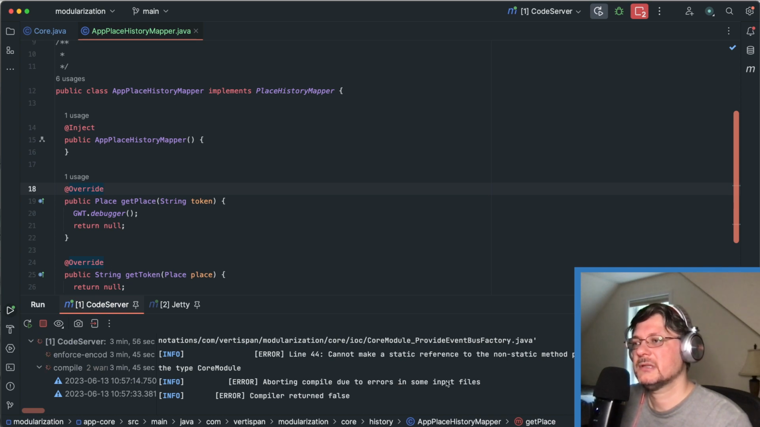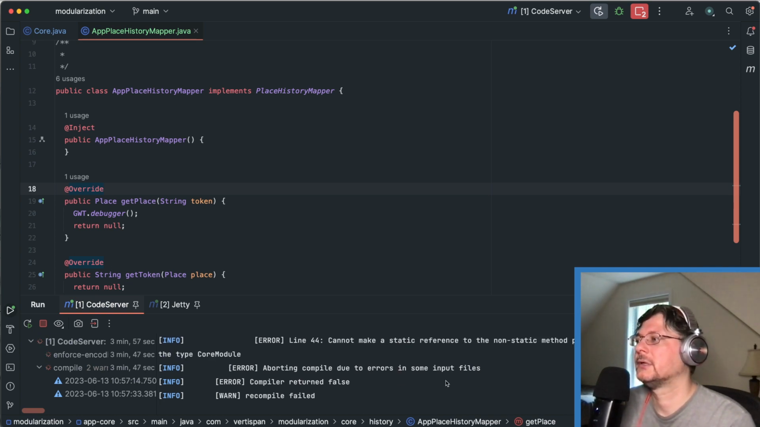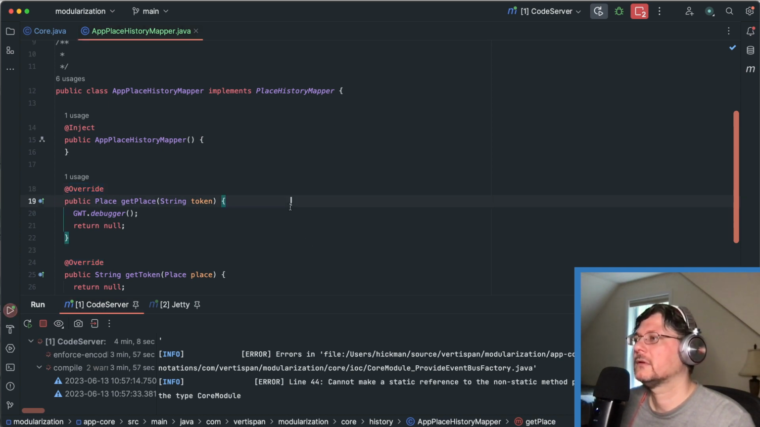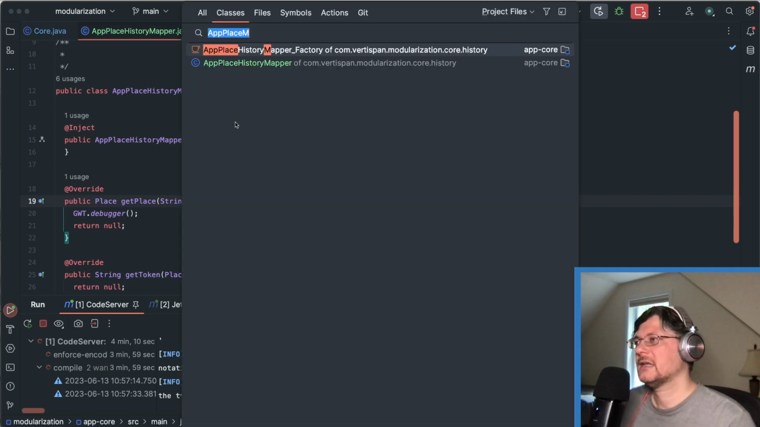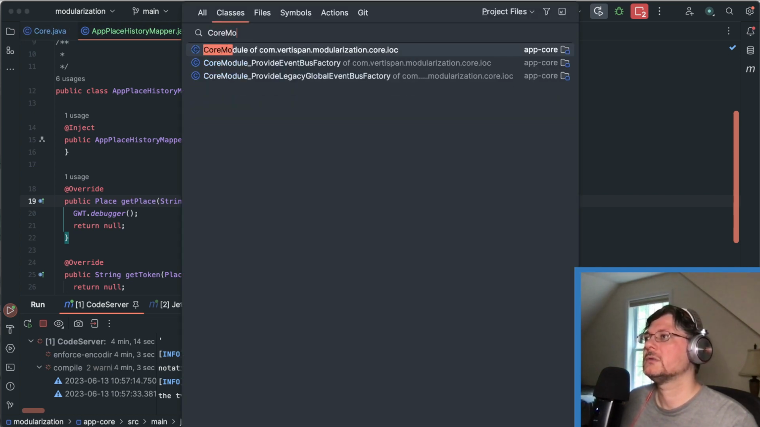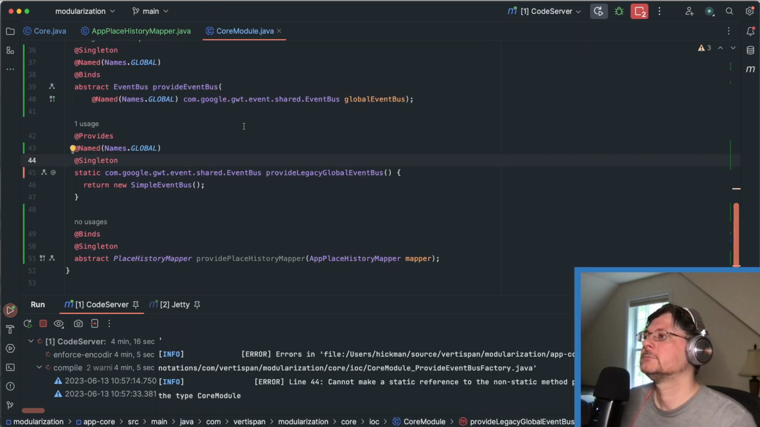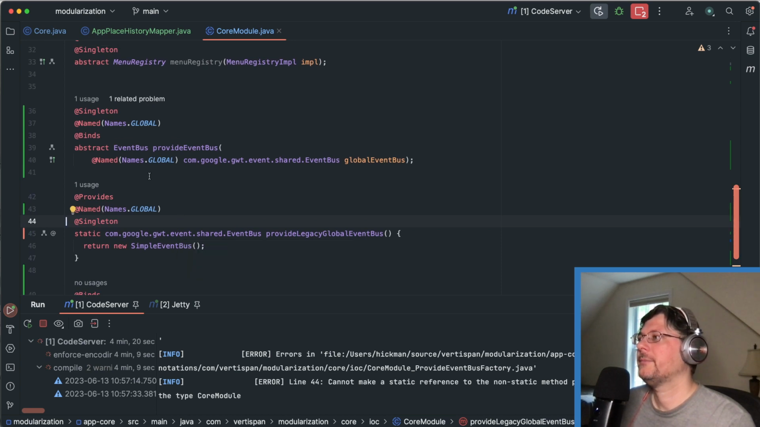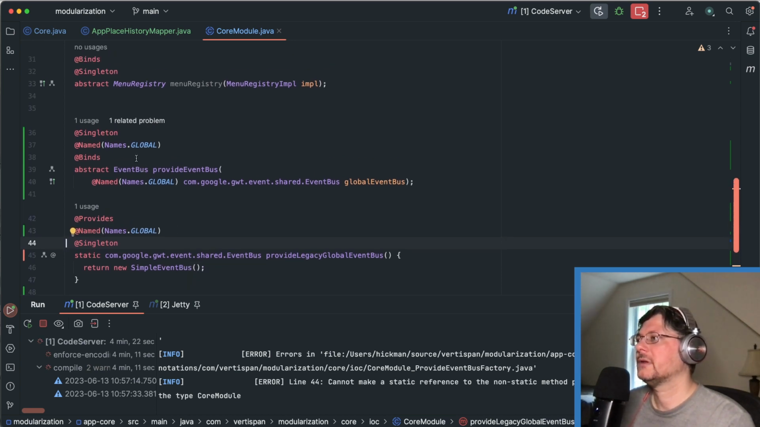Who else is using the event bus? Cannot make a static reference to non-static method. Event bus. Is it because I had mix core module? Not a static here. Yeah, let's